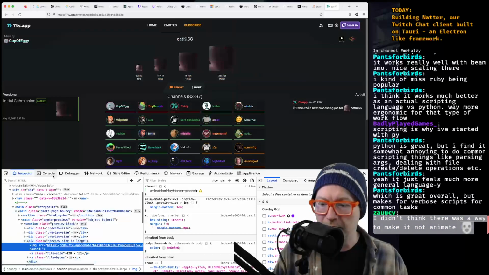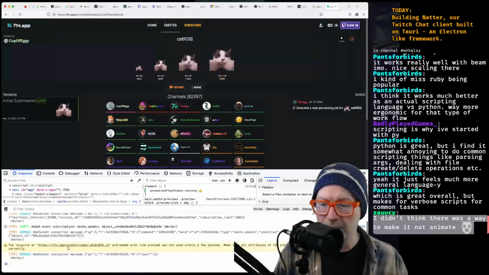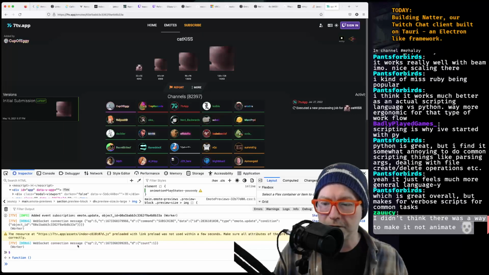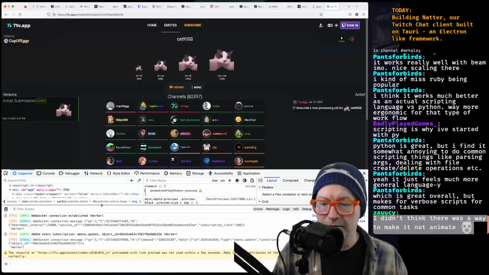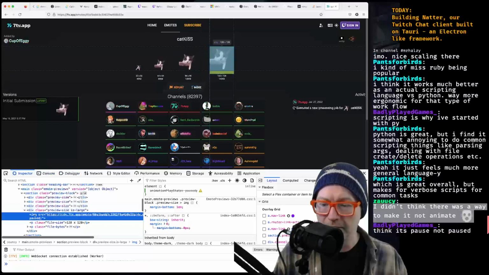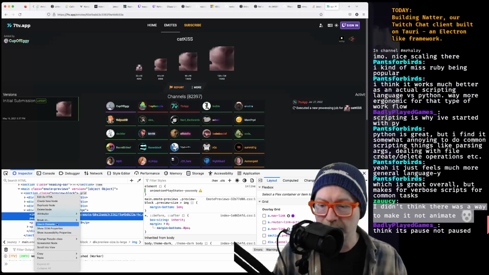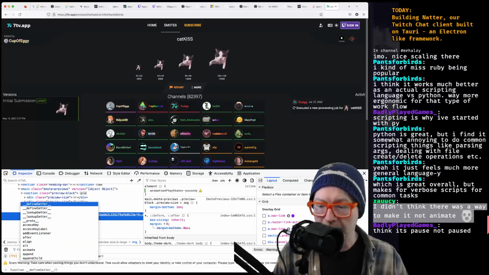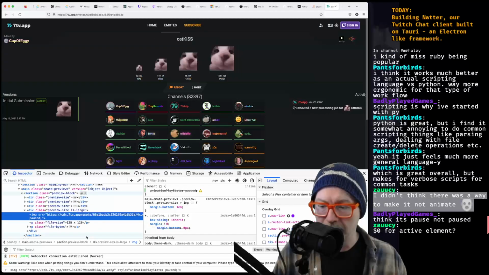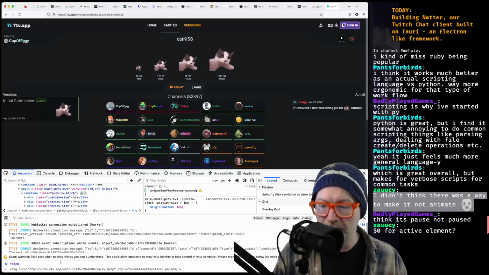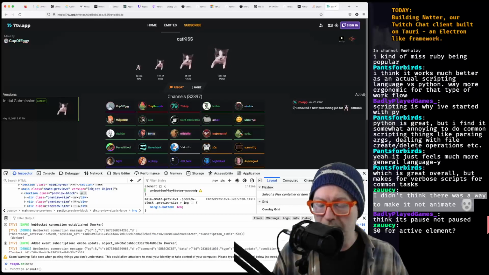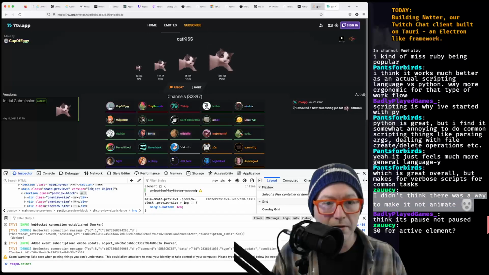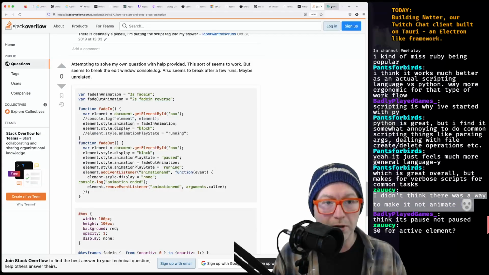Let's see if we can interact with it in the console. $ sign. What is $ sign? It's a function. No, they're using jQuery? Really? Using console. Okay. Temp 0. Dot. Oops. What was it? Animation play state? Animation play state.